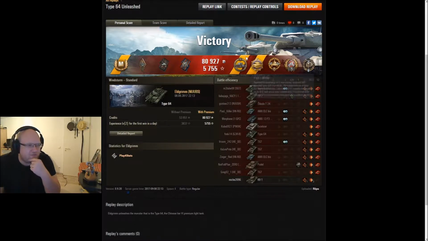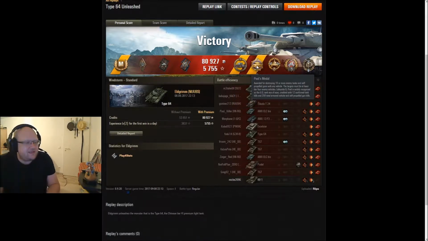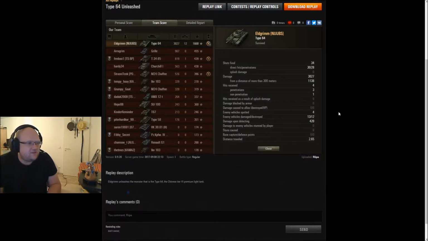Of course it was a mastery badge. Of course, you got the Colobanov's medal as you stood alone against 5 enemy players and you managed to come out as a winner. You got the Pool's medal because you killed more than 10 enemy tanks. Of course, the High Caliber, Tank Sniper and Top Gun medals. You scored 3000 damage. Of course, since it's not the best scouting map, you had a blazing, dare I say it, blazing 420 spotting, and this put you up to